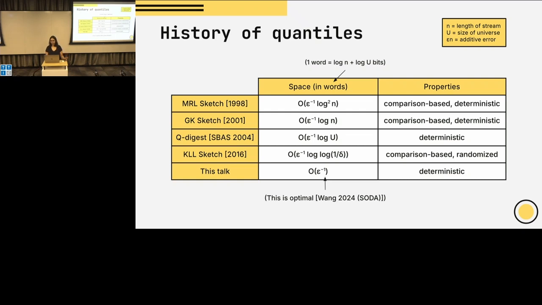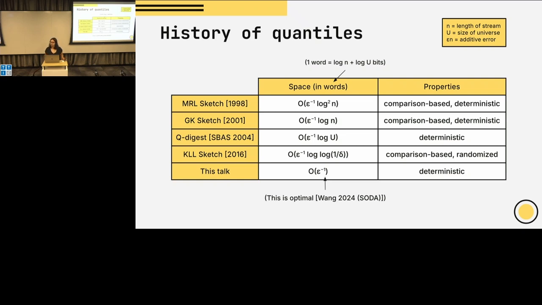Yeah, so anyway, for the rest of the talk, I'm basically just going to describe our algorithm. To outline what I'm going to be doing, I'm going to start by describing the Q-digest algorithm. That's probably going to take most of the time, probably half of the remaining time of the talk. And then after that, I'll describe the modifications we made in order to make it slightly more efficient.